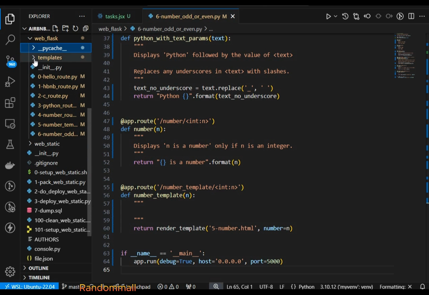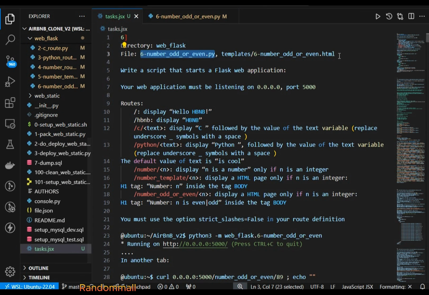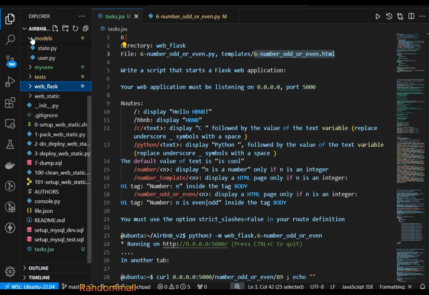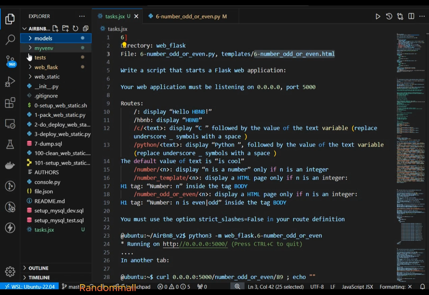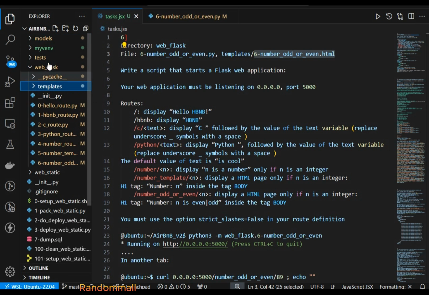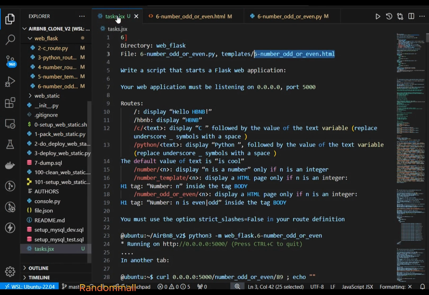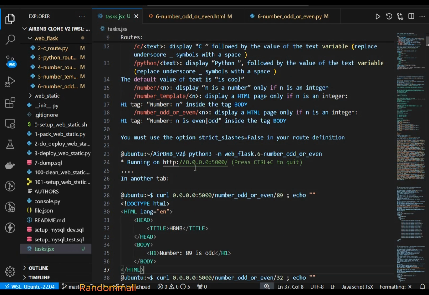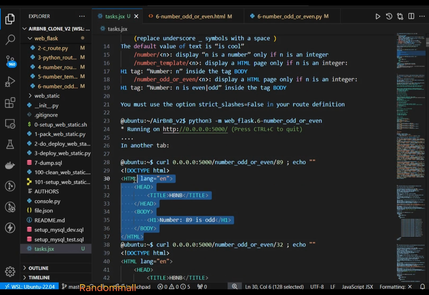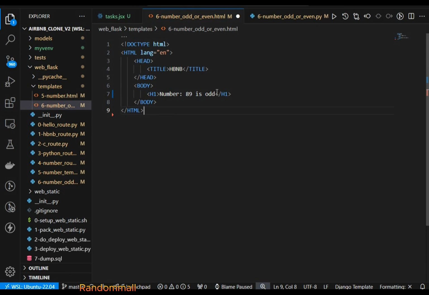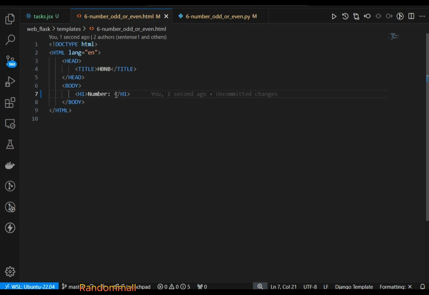Yeah. So I'm going to go to the template and I'll copy this one, and inside the template I'll paste it. And then here I will grab this HTML and I will remove this part and I'll leave it here for now. So